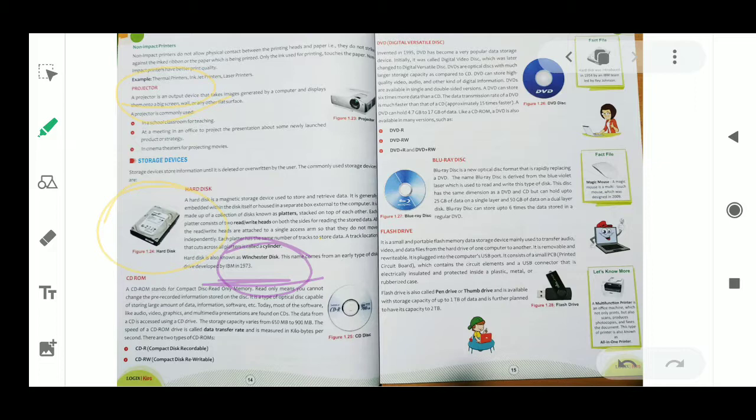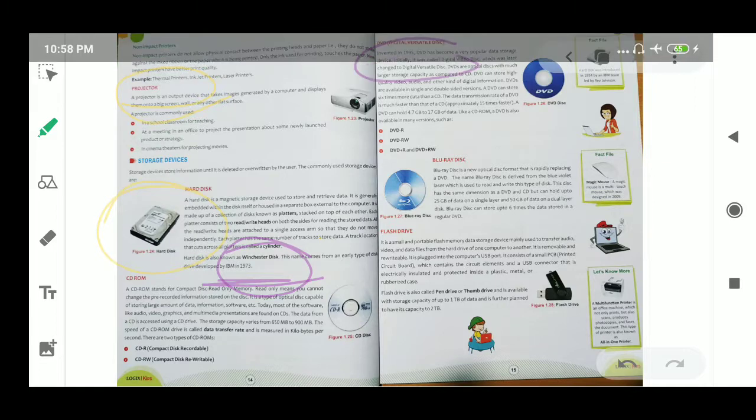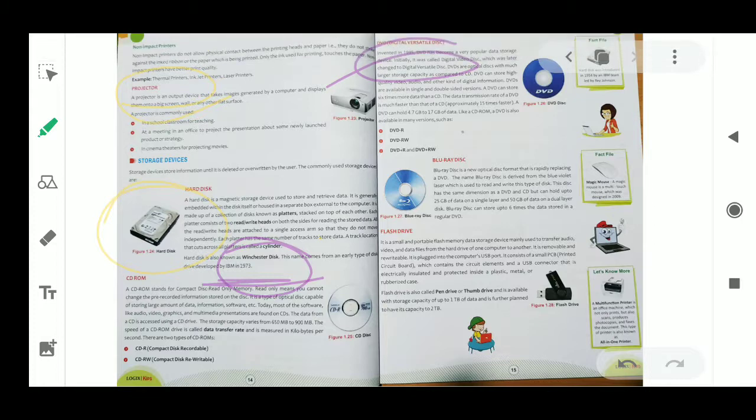Next type of storage device is the DVD, digital versatile disc. It was invented in the year 1995. It is very popular because of its storage capacity. A DVD has more storage capacity than a CD.